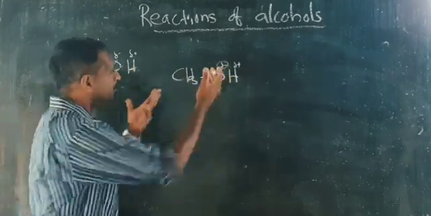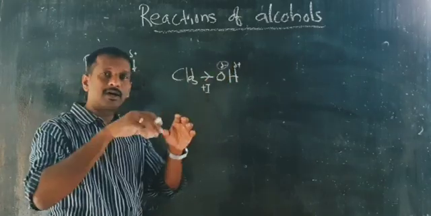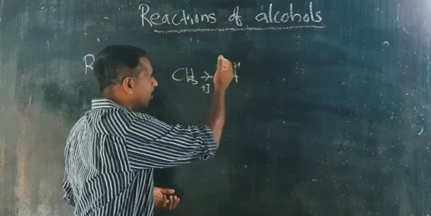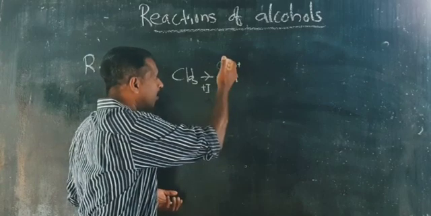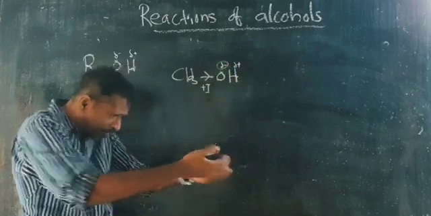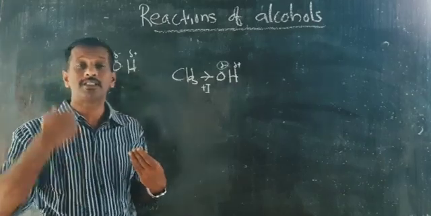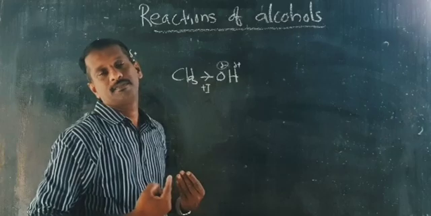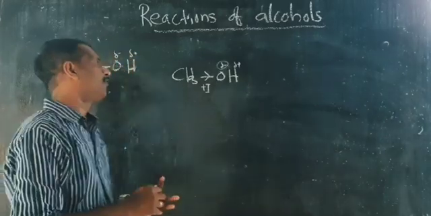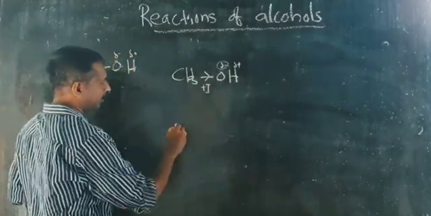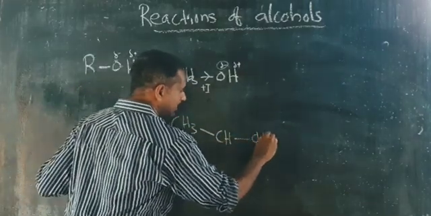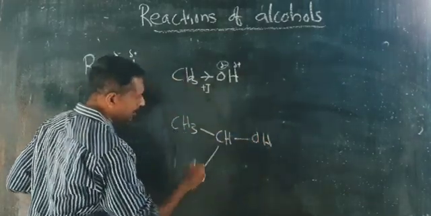That means when the electron density around the oxygen atom is increasing, what will happen? This oxygen atom, or this negatively charged oxygen, will attract back the H+ ions. Therefore, the removal of H+ will become difficult. Once again, if I take another alcohol, a secondary alcohol, CH3CH(OH)CH3, this is